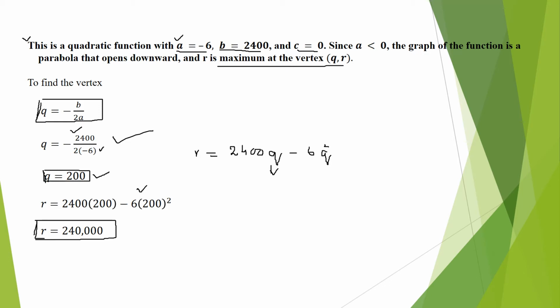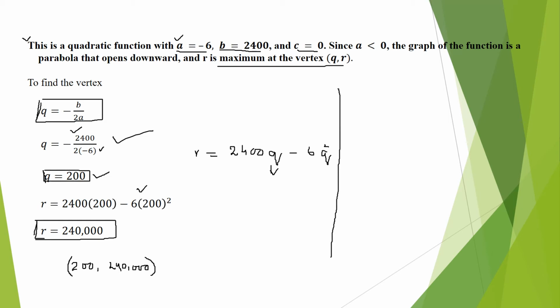So my dear student, the vertex will become 200 and 240,000. So these are the coordinates of the vertex. Now my dear student, we need to find out